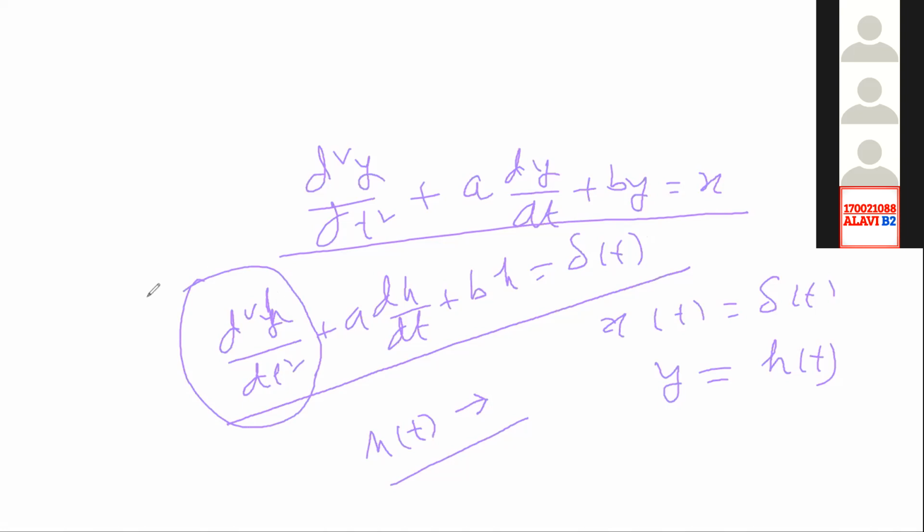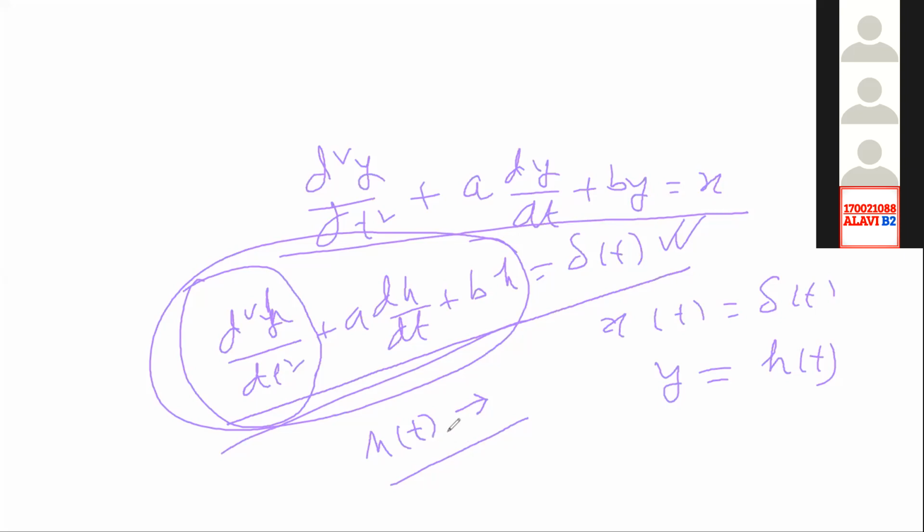Can you equate them if your left hand side does not result in a delta after your total solution? A very simple thing. If your right hand side contains a delta, then these two sides can be equated only if your left hand side results in a delta. That particular logic is applied